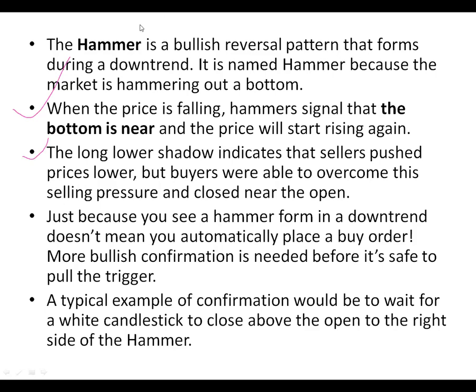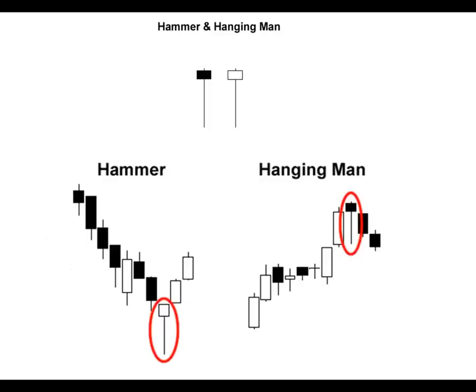Let me go back for you to see what we are saying. So point 3 says, the long lower shadow indicates that the sellers pushed price lower, but buyers were able to overcome this selling pressure and close near the open. So look at it. The hammer here is saying that, yes, the sellers actually came into the market. They took the trade down, but